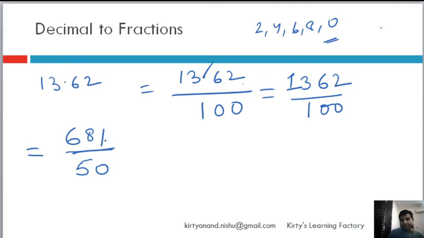We added the 3 digits. 6 plus 8 plus 1, which is 9 plus 6 is 15, which is divisible by 3. Yes. But 55 is not divisible by 3. Therefore,